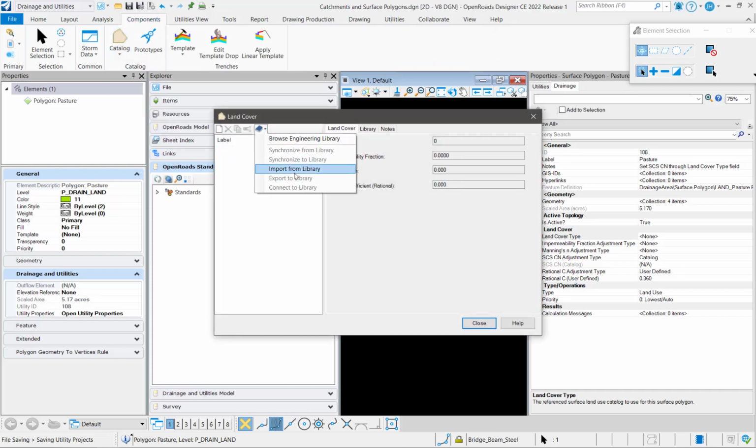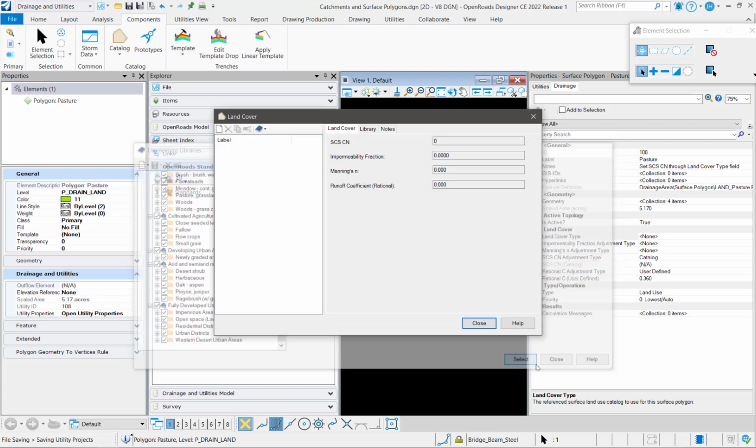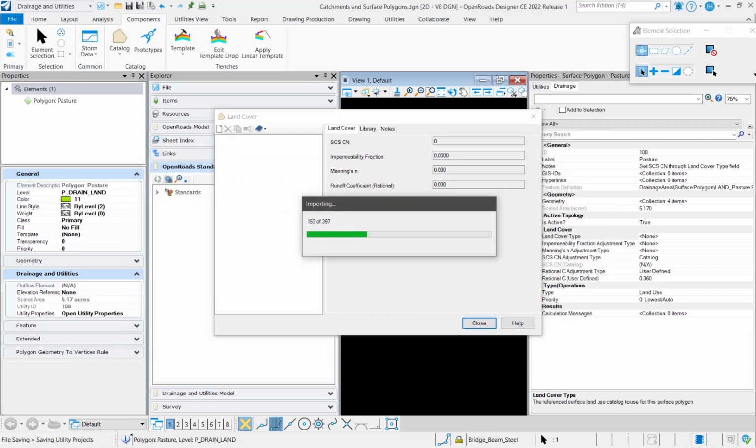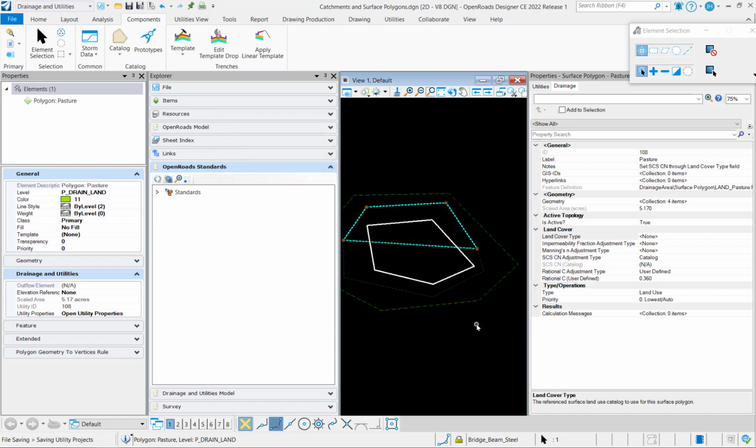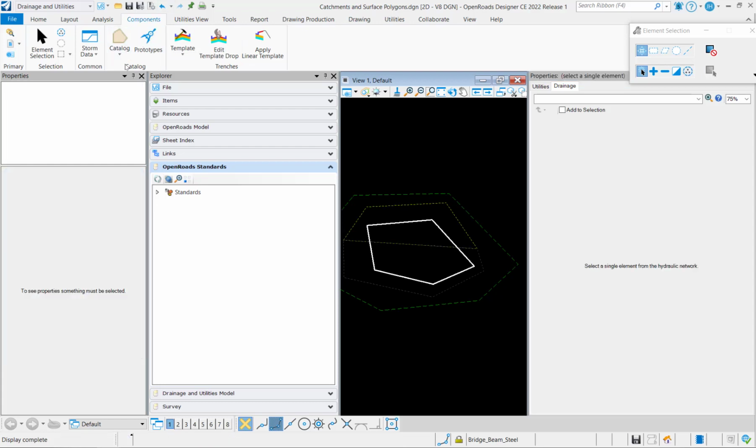Option 1 would be inside of the DGNLib. We would go ahead and include every single possible land use type. And then this library would already be pre-existing inside of the design file when they create their new drainage project. So their workflow would look like this: they would go up to their land cover type and then they would choose their soil type. Now this provides a very long list, and they're not going to have all these different soil types inside of their project. So I think probably a better method, instead of predefining this land cover catalog,